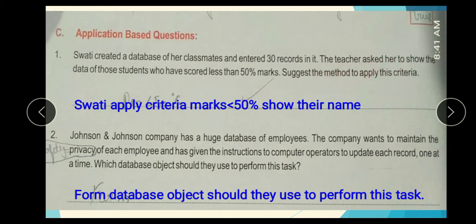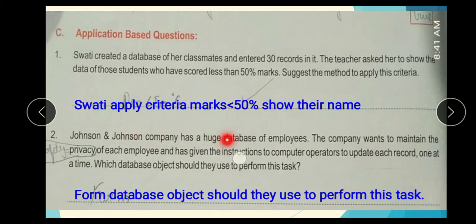Swati applied the criteria marks less than 50%, and shows their names. This is an easy way to find the number of students who achieved less than 50% marks. This is the criteria.